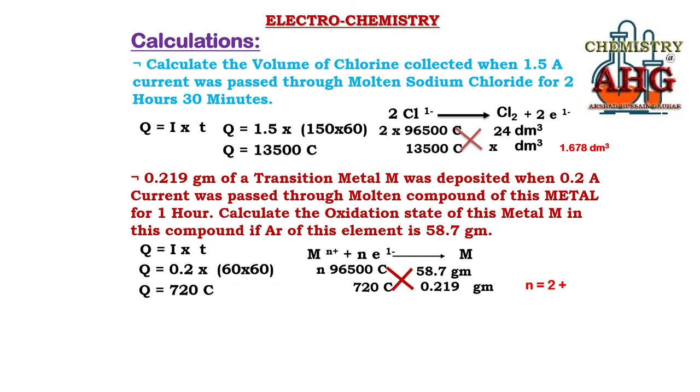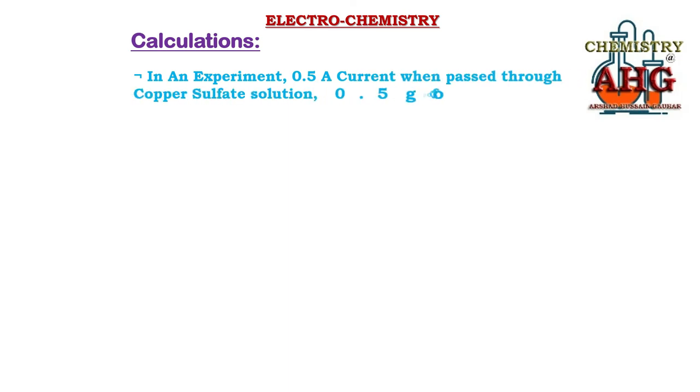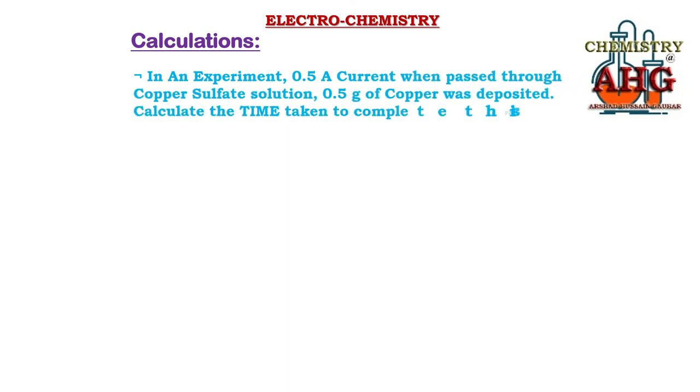Okay, one last question I'm giving to you people. You can make an attempt to get the answer to this question. Just look at the question, you can pause the video and make an attempt. The question is about how to find the time taken to complete this experiment. Okay students, if you have done this numerical problem, now you can look at the solution. In this case, you have been given current, you have been given the mass deposited, but no time is given. So we have to calculate the time.